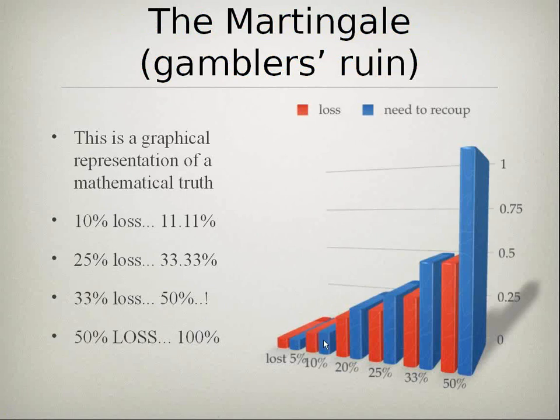Now this is what we're seeing here. 10% loss, you need an 11.1% gain to get back to break even. This is referred to as gambler's ruin, the Martingale. As I go higher with losses, if I have that 33% loss, we need a 50% gain just to get back to break even. And of course, if we suffered a 50% loss on our stock, we didn't have any protection in place, or if we even had a stop order